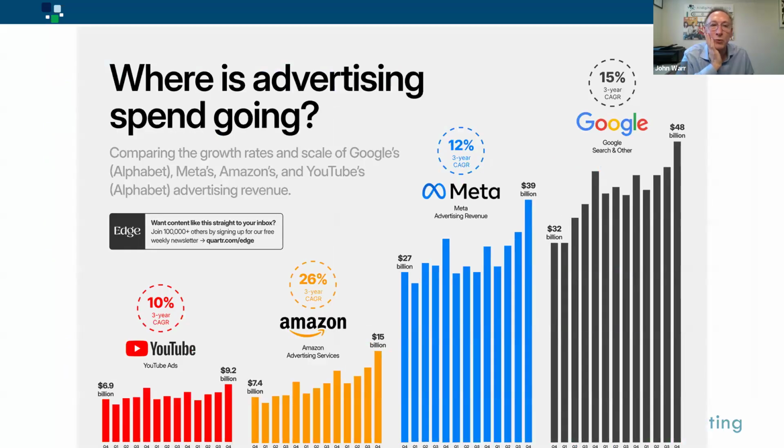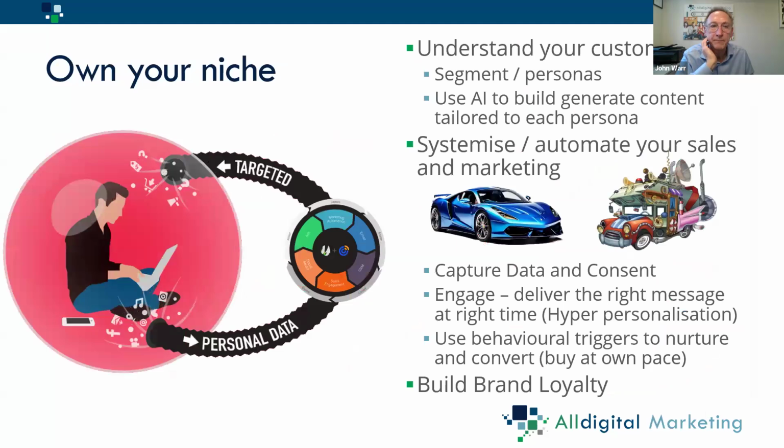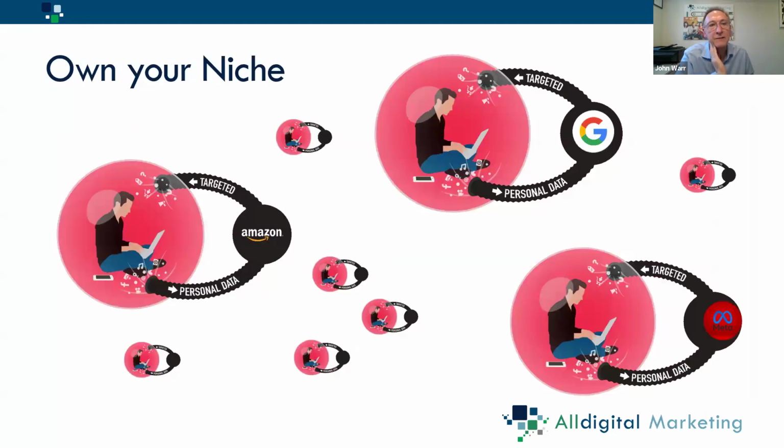So people like YouTube, Amazon, Meta, Google are doing everything they can to get you to consent to buy in. It is Microsoft, it doesn't matter who it is now. Everybody ties you in with consent to be able to access their systems. Once they've got you in, they have the right to market to you. And why do they want to do that? Because they're going to create their own niches.